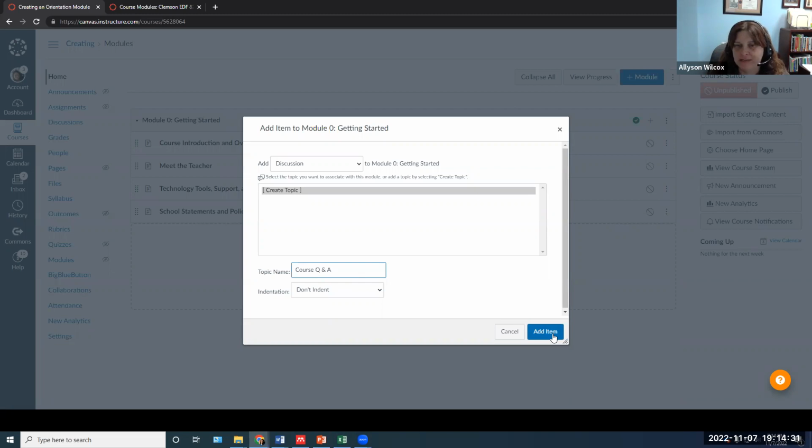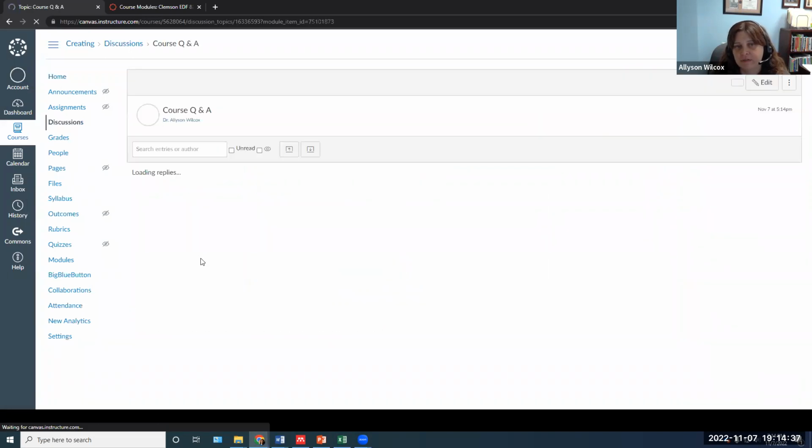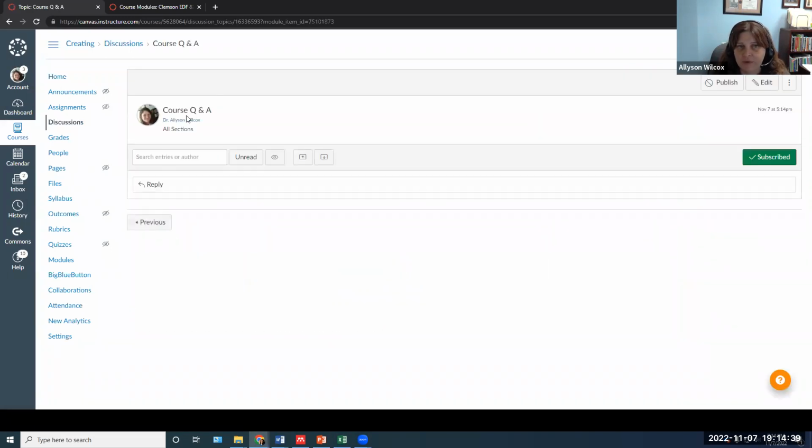So we're going to hit add item. And to edit any of these, we're going to click on the name of it. So I'm at course Q&A, and then I'm going to come over to the right, and I'm going to find the edit button in the upper right hand corner. So I'm going to click edit,